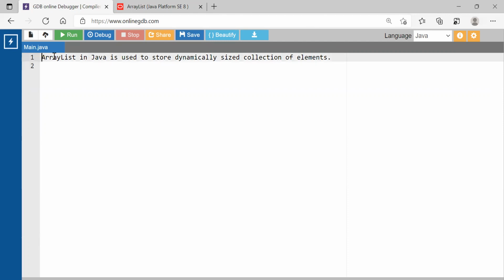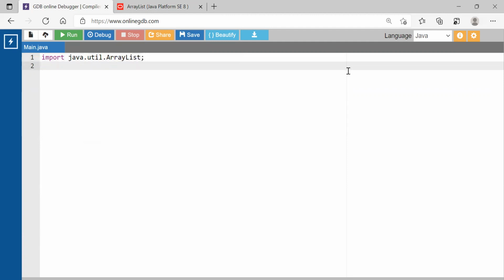So let me clear this off. Okay, so I'm importing the util package. I said import java.util.*, or else you can also specify ArrayList. I'm giving it a star. Then public class Main.